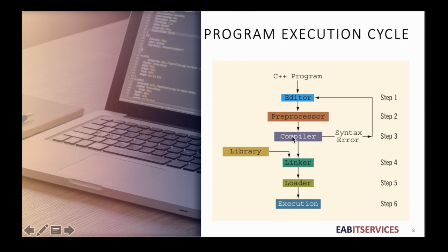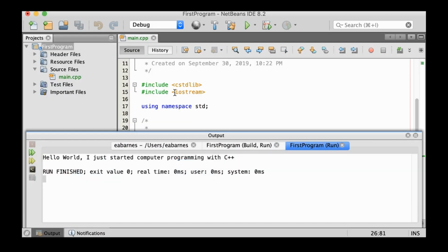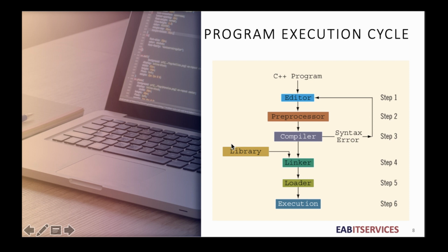So after we compile, the linker looks for the libraries that we included, the cstdlib library and then iostream, to link it to the object. After compiling, remember we'll get an object program, that's the equivalent machine language. And then link it to our object. And then the loader at step 5 loads it into memory, and then at step 6, it gets executed. So this is the program execution cycle for a C++